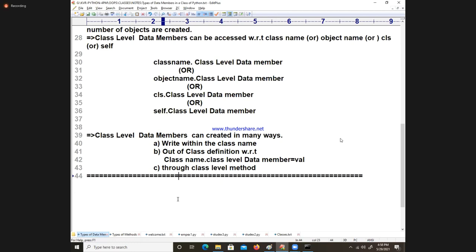So totally in a class, how many will be present? 5 things are present. So this is a compulsory question from an interview point of view. Definition of class in Python, how we can write it, how we can access them. These are all very, very, very important.